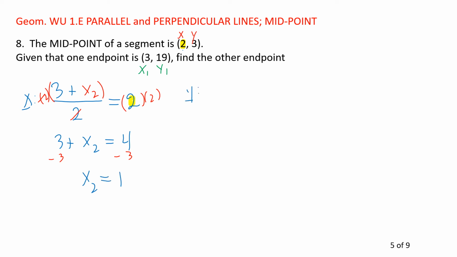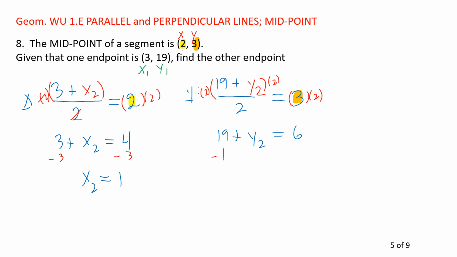Same thing. I'm going to add my y's. It's 19 plus I don't know over 2 is equal to the answer I already know is 3. So multiply both sides by 2 to get rid of that denominator. It just goes away. I have 19 plus I don't know is equal to 6. I don't know is equal to,